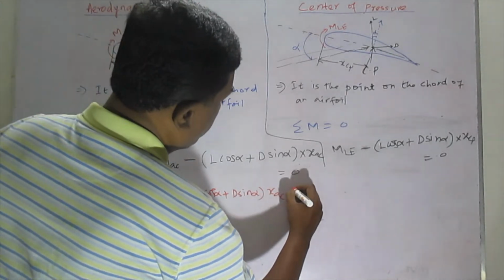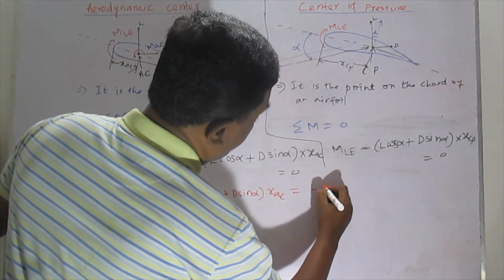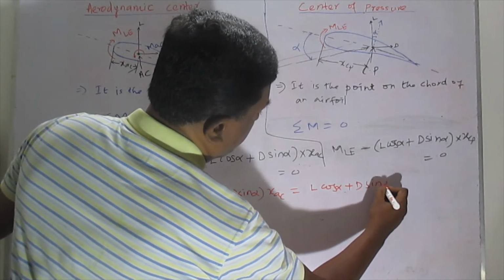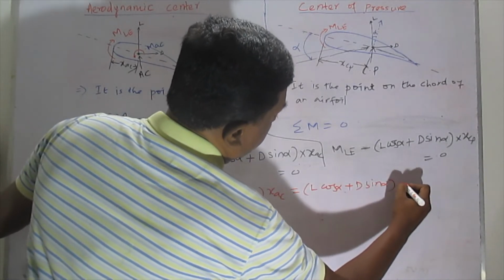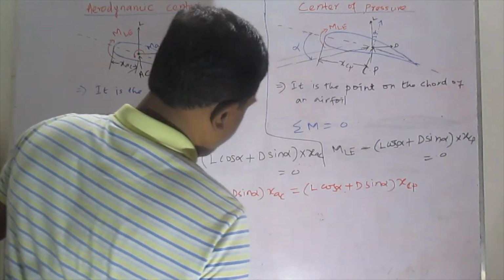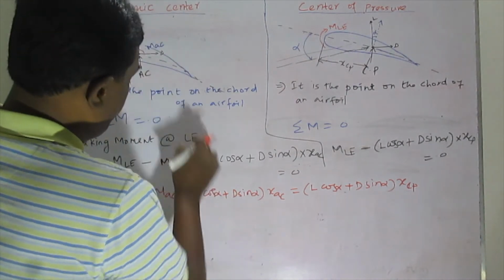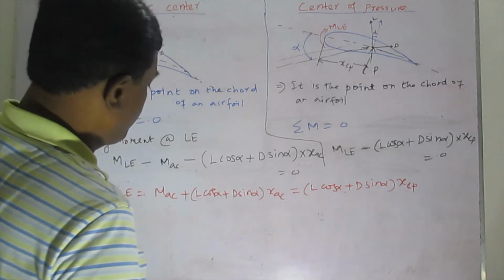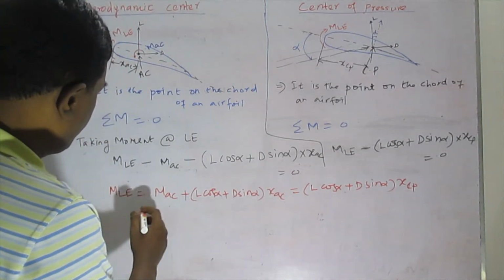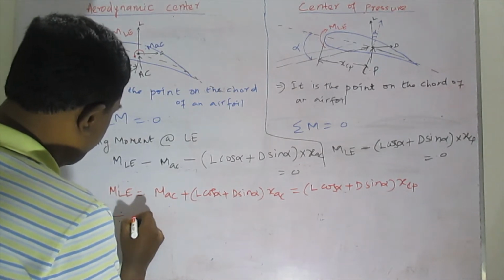This also will be equal to, here I can equate, L cos alpha plus D sin alpha into XCP. So this is moment about leading edge in the case of aerodynamic center and in the case of center of pressure. Now let's divide it by